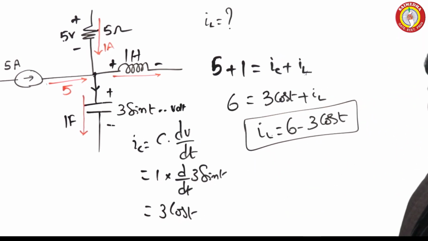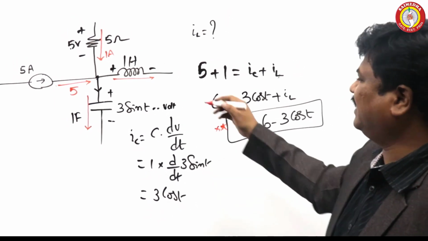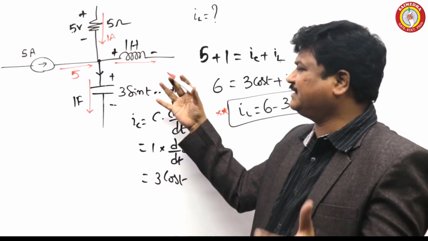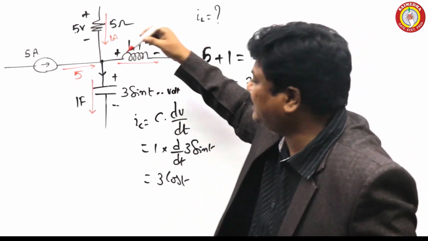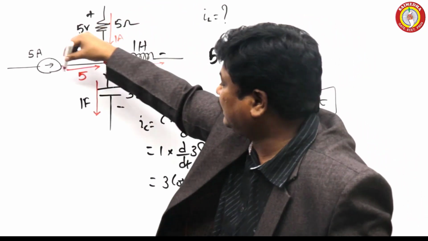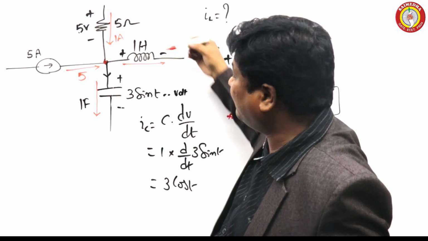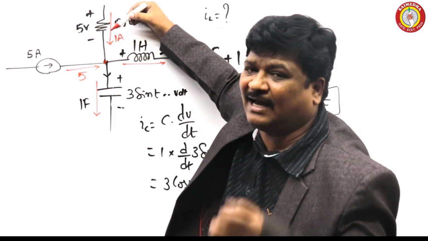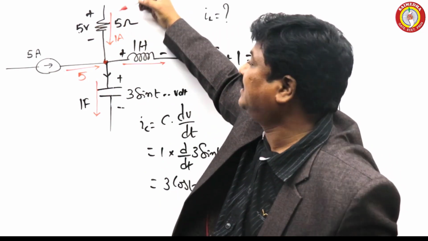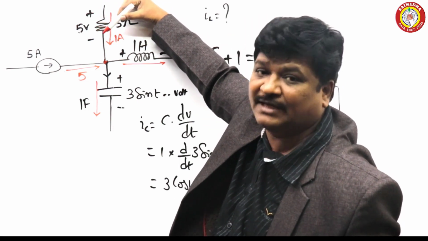Is it clear? This is the way to obtain it. Don't feel any complication. Inductor, capacitor, some sources, all these things, nothing is complicated here. The only thing is that you should know the current at this point is 0. And we have to know what the incoming currents are and what the outgoing currents are. But how this direction is selected, I already told you in the fundamental classes. Whenever it is a passive element, current flows from the positive to the negative terminal.